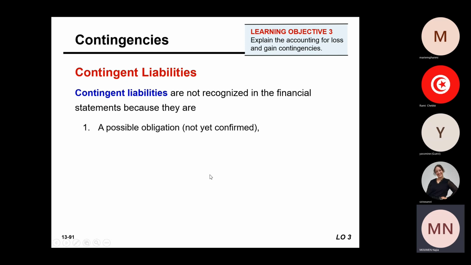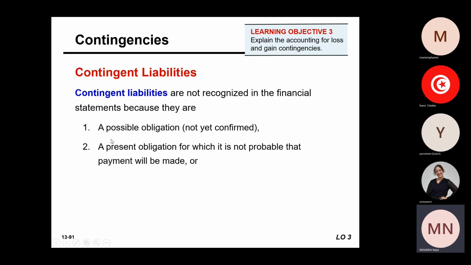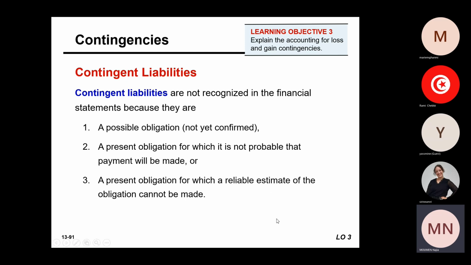So we don't talk about a present or actual or confirmed or legal or constructive obligation. It is contingent. It is not yet confirmed. Or it can be a possible obligation, or also a present obligation, but it is not probable that the payment will be made. Or there is no reliable estimate of that obligation. So here, there is no probability of any outflow of resources, or I cannot reliably estimate the outflow, or the settlement for that